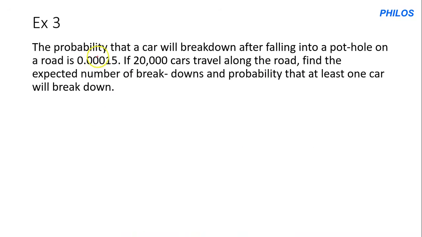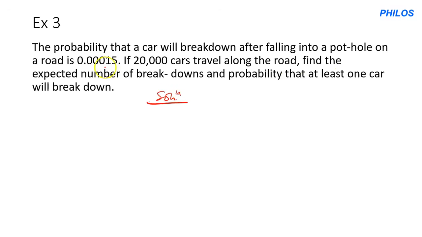Question 3 says, the probability that a car will break down after falling into a pothole on a road is 0.00015. If 20,000 cars travel along the road, find the expected number of breakdowns and the probability that at least one car will break down. So to solve this question,